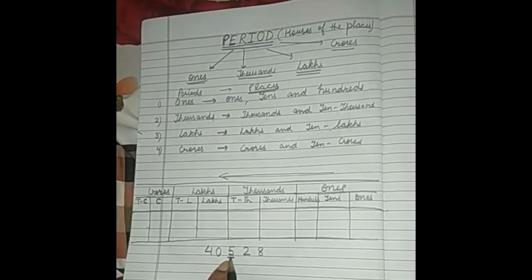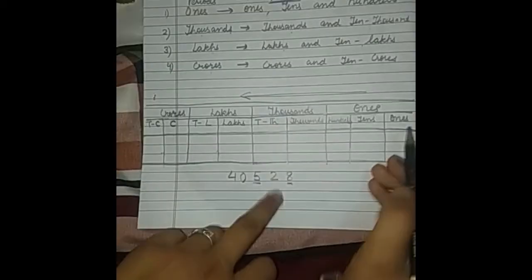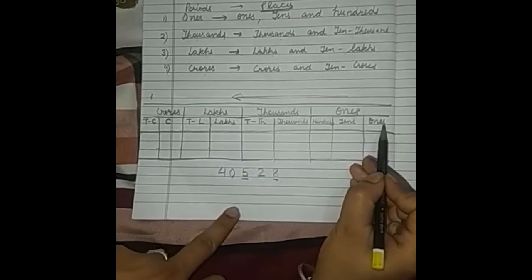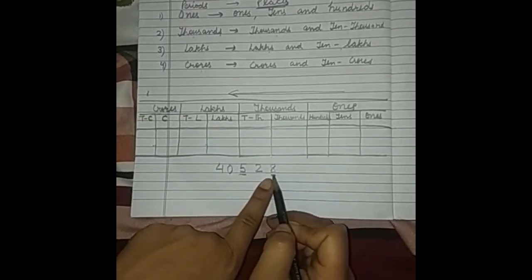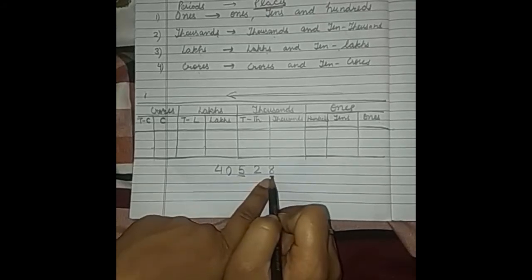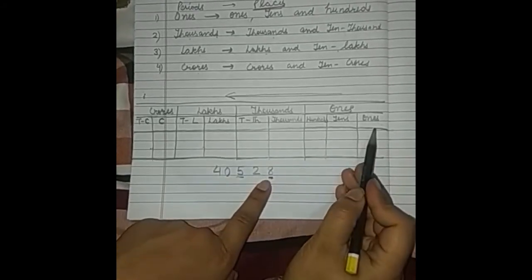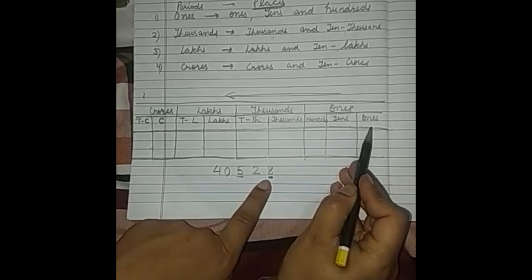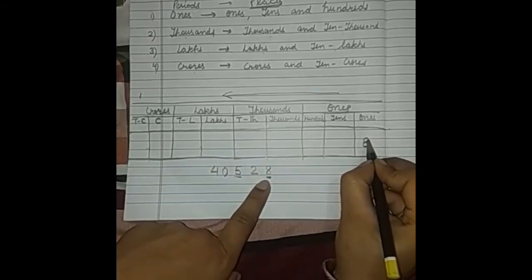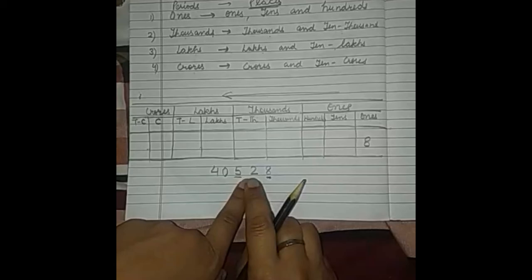So first we will place the digit 8 from right to left, means from ones to crores, means from smaller value to bigger value. Now we are going to place the digit 8 in the last column of the ones period, and the last column is the ones place. So we will write 8 at the ones place, and the second last digit is 2, and we are going to place the digit 2